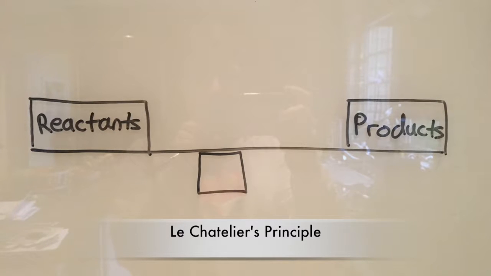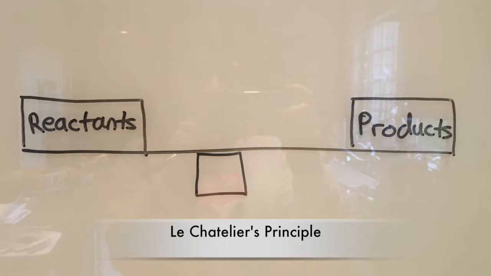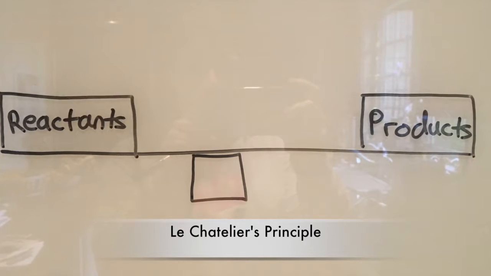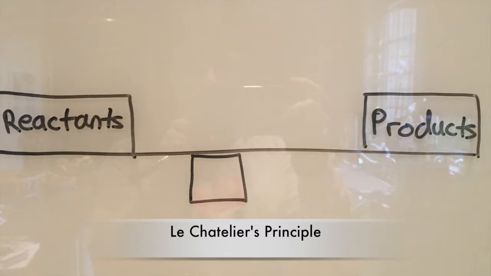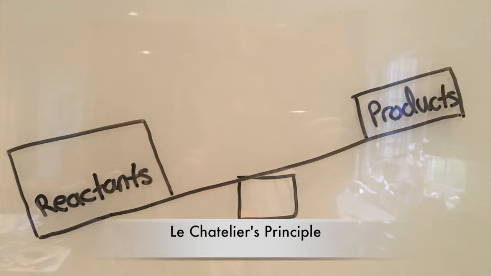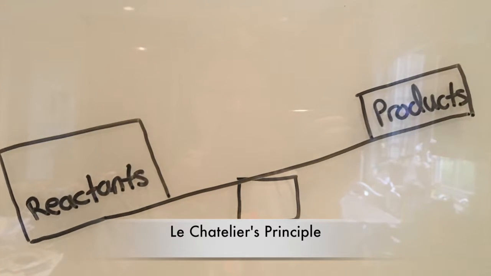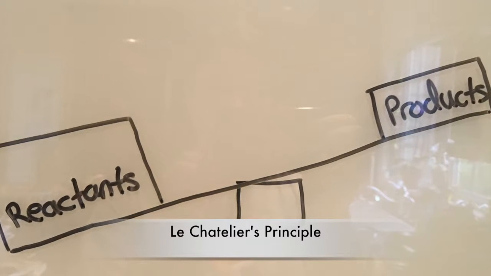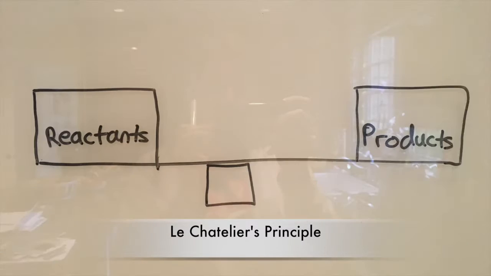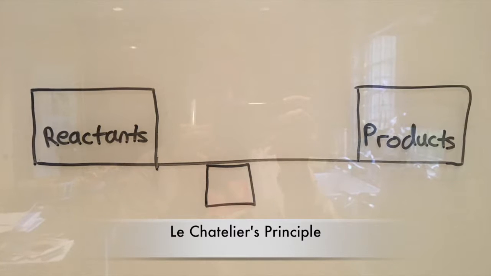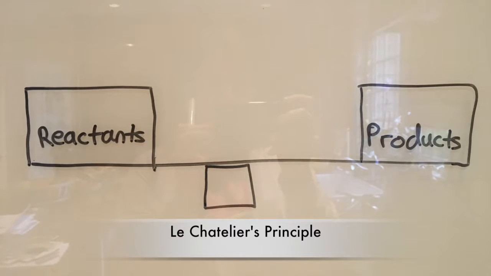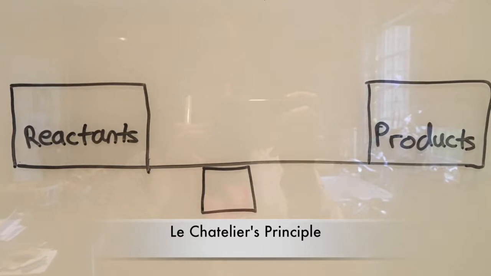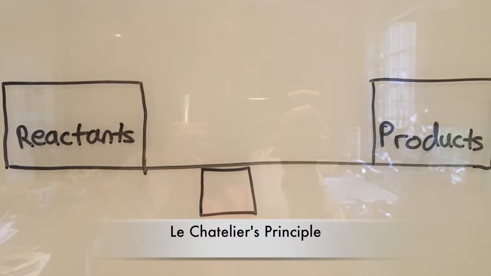Le Châtelier's principle, also known as the equilibrium law, is a principle you can apply to reversible reactions. Basically, if there is a disturbance in the equilibrium reaction, the reaction will counteract the change that is taking place to get back to a state of equilibrium. If we, for example, increase the reactant, we can shift the equilibrium equation to the right. This will create more products and return the reaction back to a state of equilibrium. A number of factors can shift the reaction either left or right, such as pressure, volume, temperature, molarity, dilution, removal,